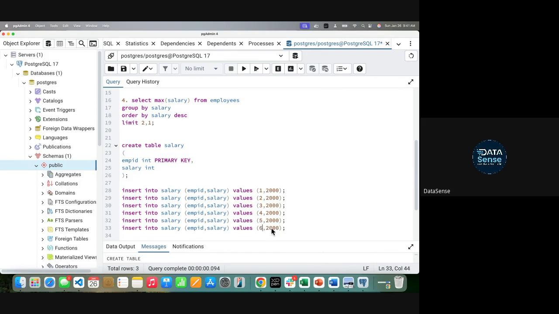Let's say there are 6 employees in the data set. Employee ID 1 has salary 2000, then 2000, 2500, 3000, 3000, and 4000.